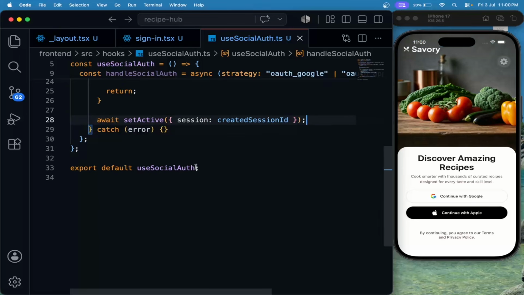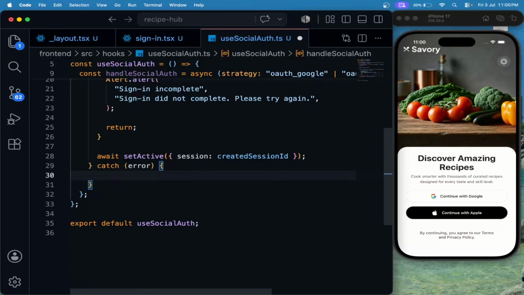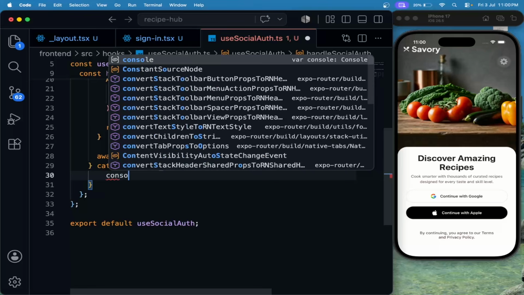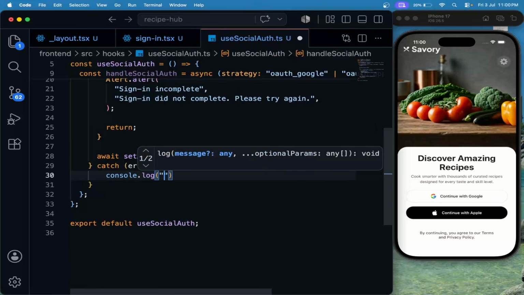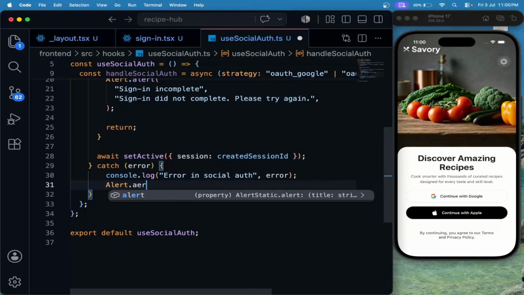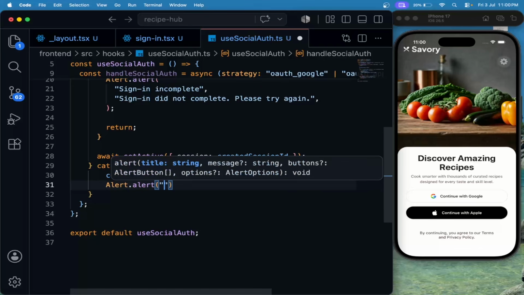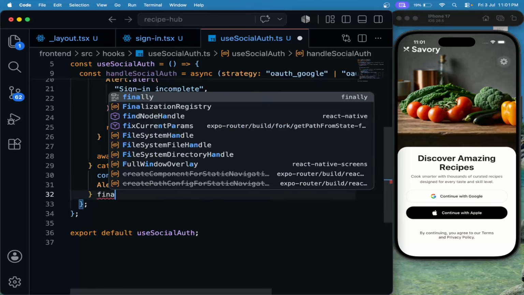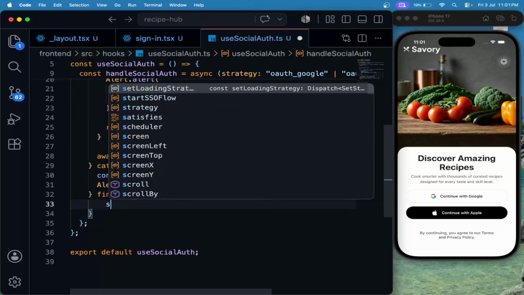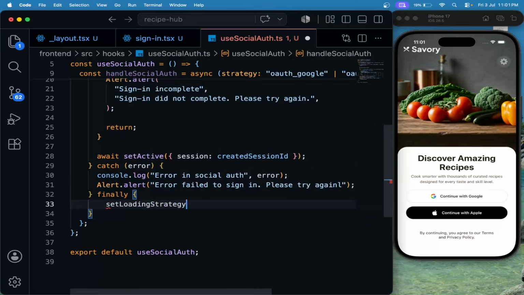Yeah. Then let's handle the catch block as well. Let's say for some reason sign in is unsuccessful, so we will say error in social auth. Let's print the error, and here as well I'm going to inform the user that it failed to sign in, please try again. We are going to also take the finally block, and here we will say set loading strategy